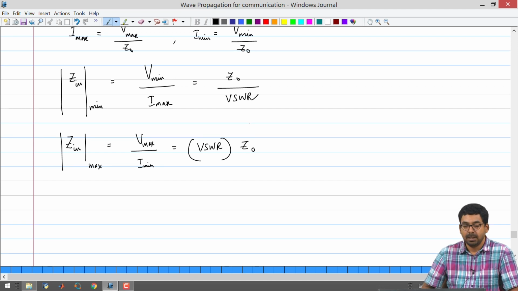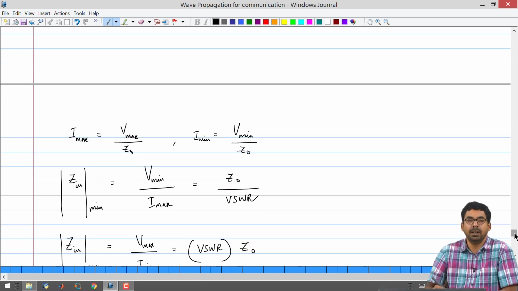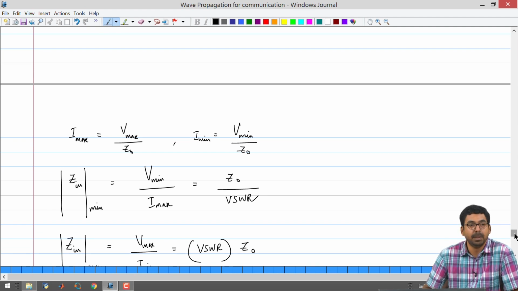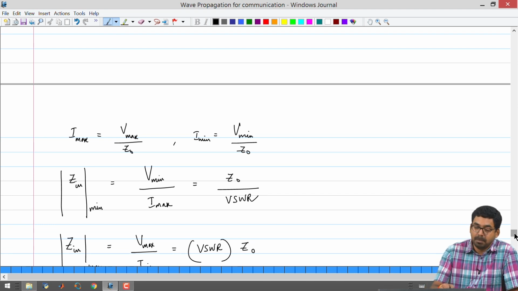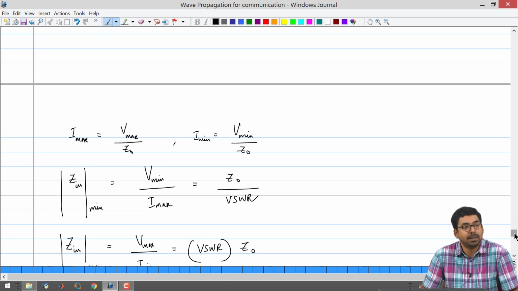You need to have a lot more additional information in order to figure out what is going on in the transmission line. The second thing that we should remember is during the design phase of the transmission line, we need to estimate what the standing wave ratios could be for the extreme termination cases, and then we have to figure out what the maximum current and the minimum current in your transmission line could be, maximum voltage and the minimum voltage should be. Then based on that you can design your insulation for your transmission line to support those voltage levels, and you can also make sure that the dissipation of the heat in your transmission line is taken care of when the maximum current is flowing without melting any part.